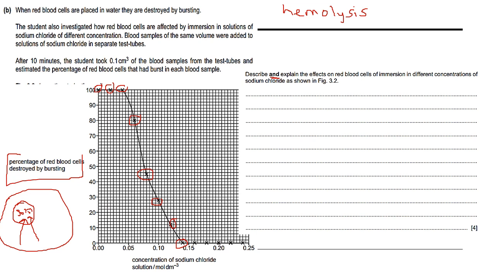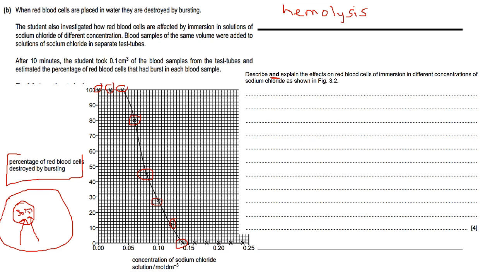Then you can explain that by saying this is due to the fact that water will move in, because 0.0 to 0.05 means that the water potential of this solution is still high. So water moves into the cell, causing the cell to swell and burst. Okay, so increase in cell volume, internal pressure, all of those kinds of things. That would be the explanation for that. Then you can go on and say